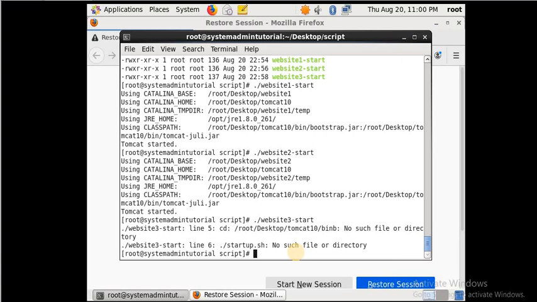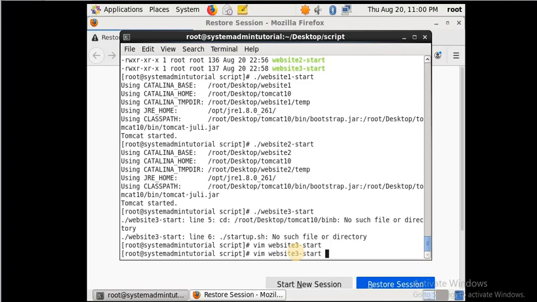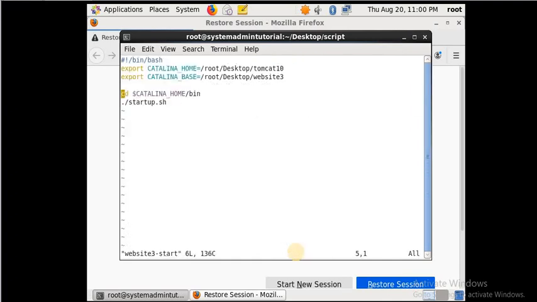Sorry, there is one mistake in script file 3. You can notice the error: beside bin, one extra b is added. So we have to edit this. Now it's okay.